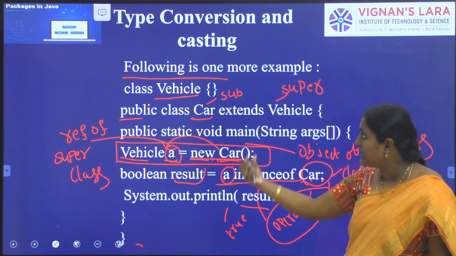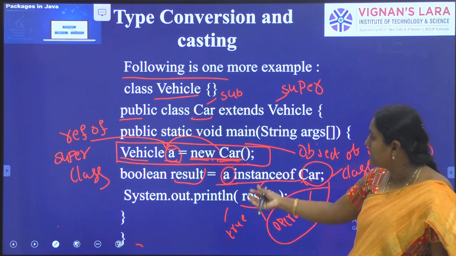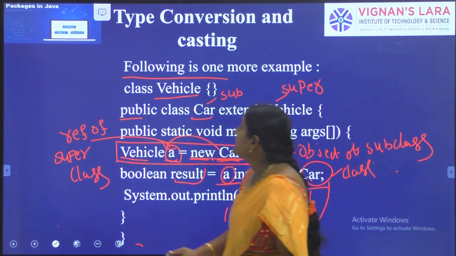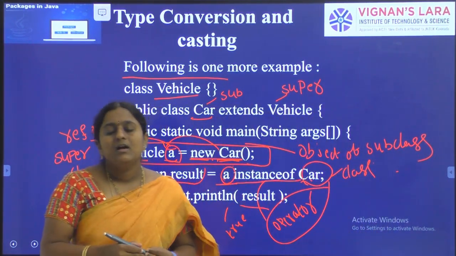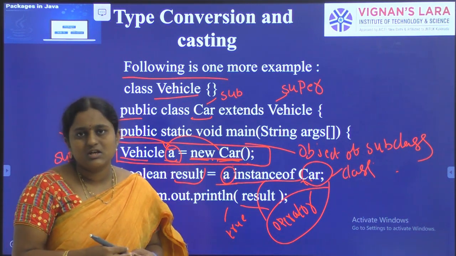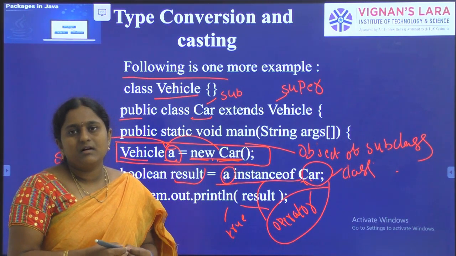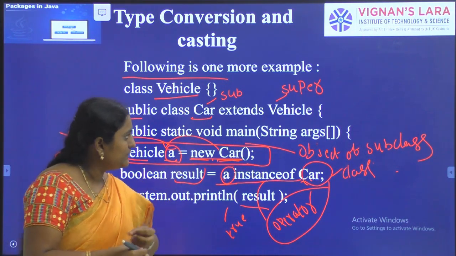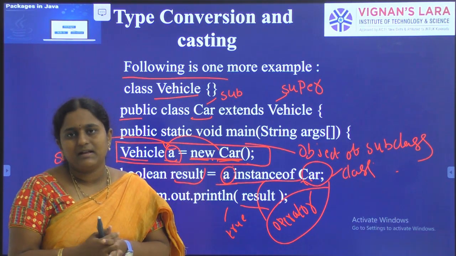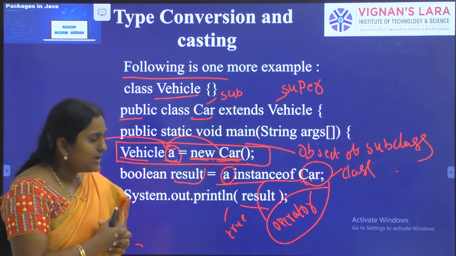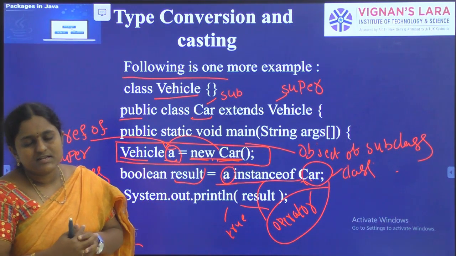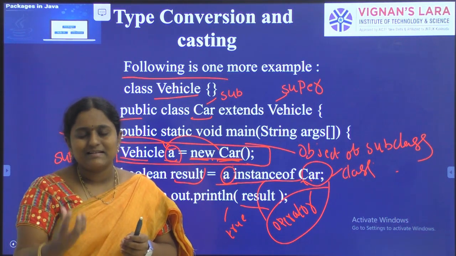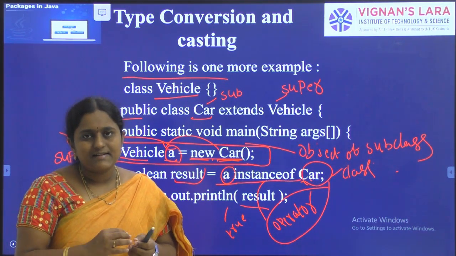So with respect to inheritance, we have written one program with the instanceof operator. I think you already have clarity about this concept. In the first unit, we also covered the instanceof operator in the operators concept. Finally, the instanceof operator checks whether the object belongs to the particular class or not. If the object belongs to the particular class, it returns the Boolean value true, otherwise it returns false.